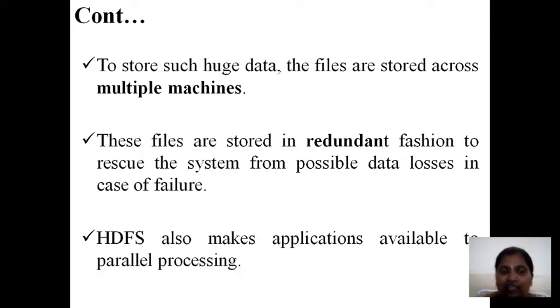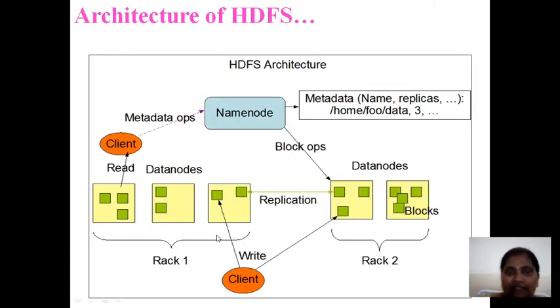Okay. Now, HDFS also makes applications available in parallel. You know about this. So this is the main architecture of the HDFS. If you observe here, there is a name node which contains the metadata: the name, replicas, the folders, paths, inputs, the number of users, which user is using which data, etc. Here we have some data nodes. Each data node contains multiple splits. It is not at all a constant number. This data node contains 3 splits, this one 2, this one 2, this one 4, this one 3, it depends upon your requirement. The client can read the data, can write the data.